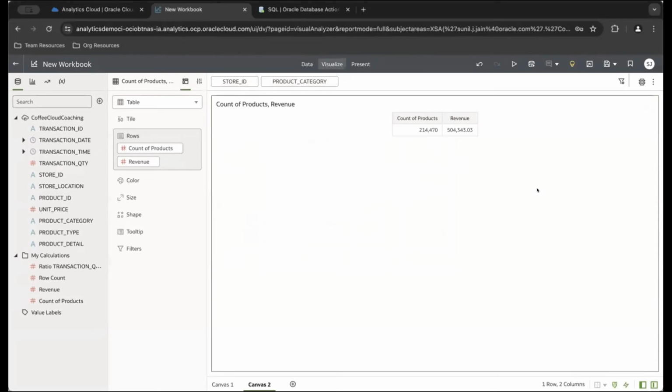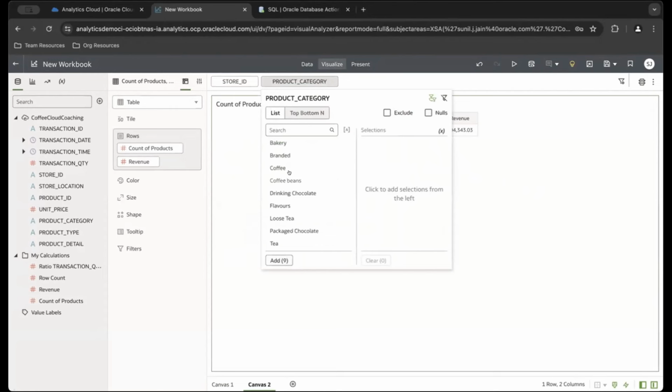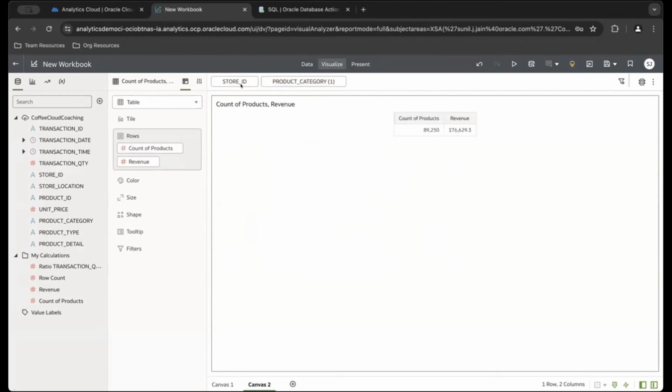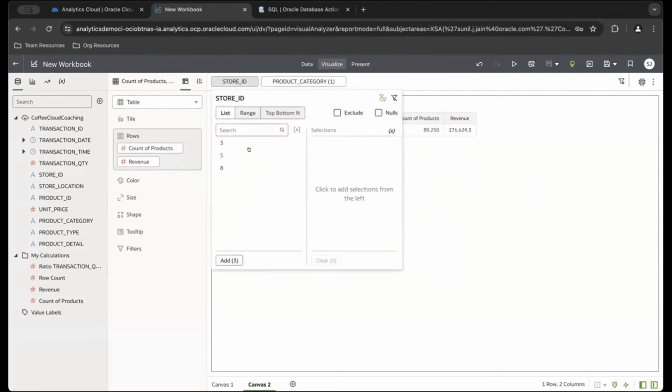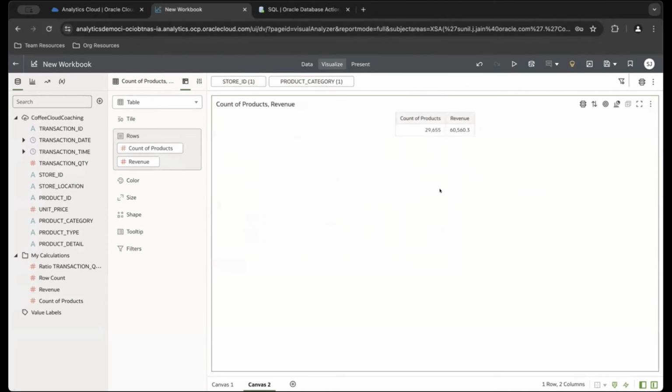and we are going to see the revenue. So for now, let's say we want to see our coffee and we want to see coffee from store ID 3. And so now we have a multi-dimensional report that's going to be querying based off of our different pieces